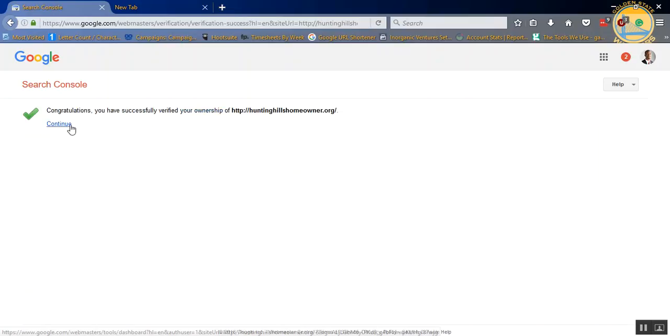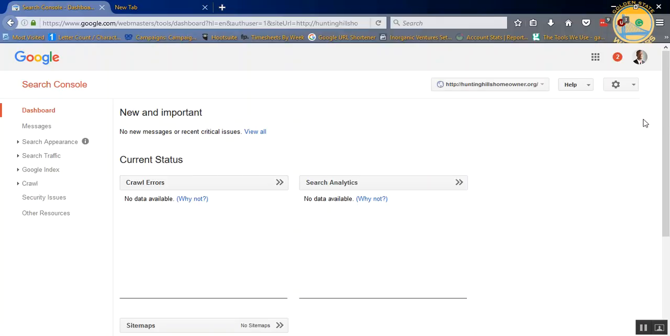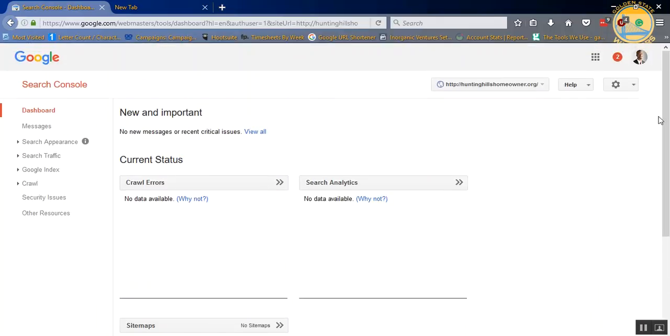And there you go. It says, congratulations, you have successfully verified your ownership. Click continue, and it should take you to the dashboard, which currently doesn't have a ton of information. Normally it takes about 2 to 3 days to really start getting some key information. But just briefly, to give you an outline of your Search Console dashboard, again, you're going to see any